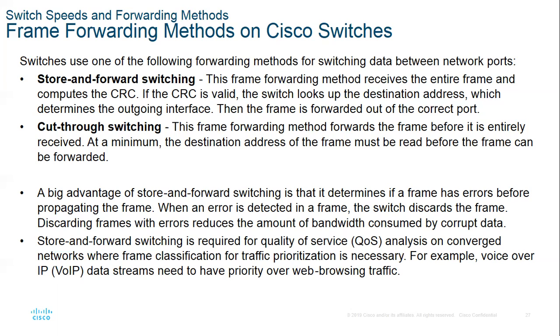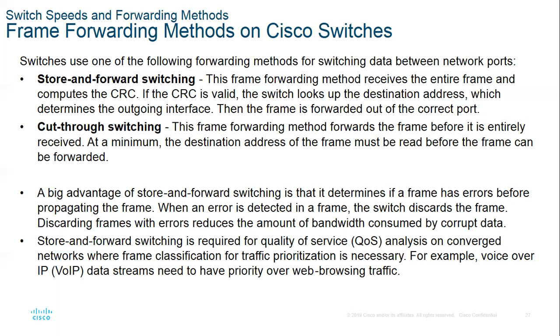It looks at the source MAC address to update its switching table, or even to add it if it doesn't already exist in the switching table. Then it transmits the frame directly to the destination port. So the remainder of the Ethernet frame will not be buffered; it will be switched directly to the destination port. This will enhance the quality of service within a converged network,